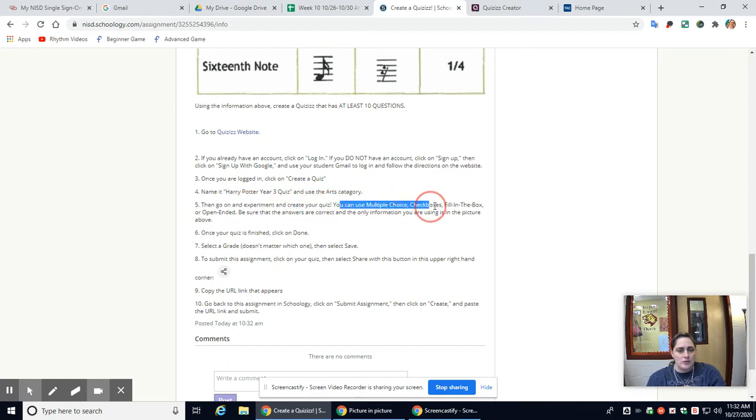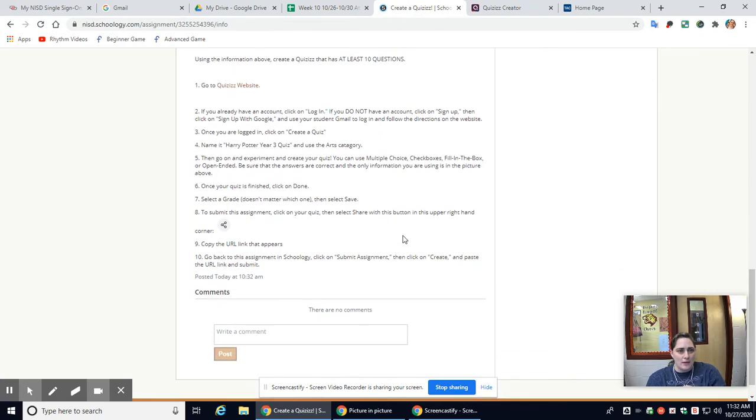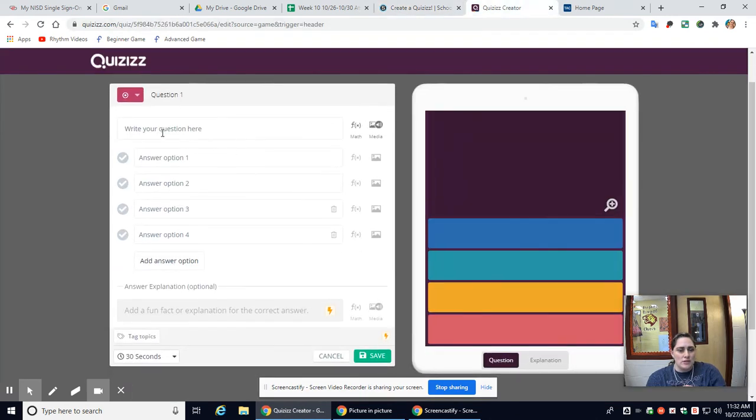You can use multiple choice, checkboxes, fill in the box, or open-ended. Be sure that the answers are correct, and the only information you are using is in the pictures above, okay? So all of your answers do need to be accurate, they need to be correct, and you're only using the information up there. All right, so once you go in here, you're going to pick your question,